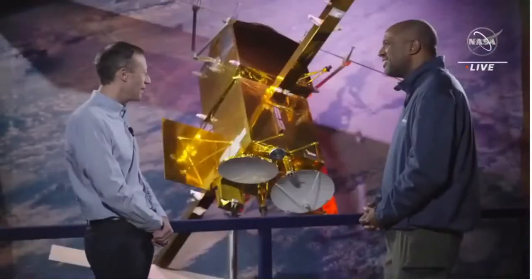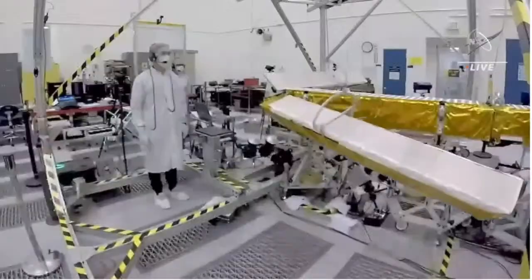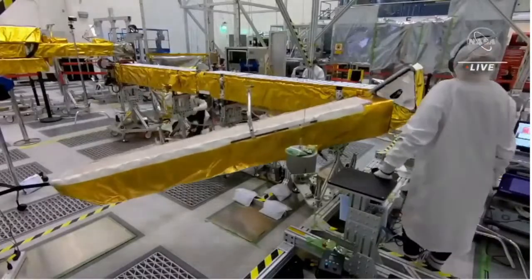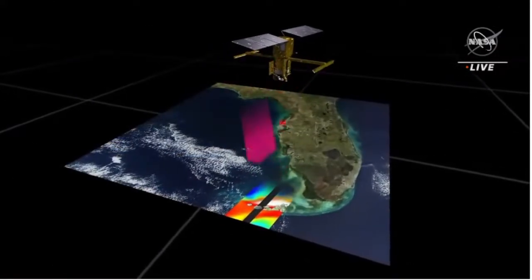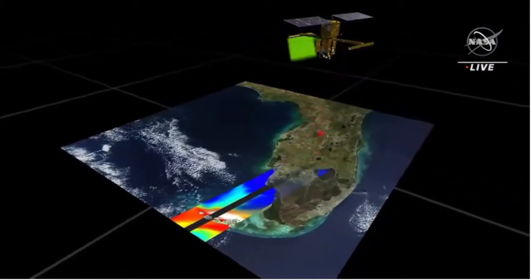I would say so, yeah. I think what sets this radar apart from any previous radars is a combination of things. Number one, just the sheer size. We have very large antennas, about 15 feet long, that are separated by about 30 feet. So they use deployments and all kinds of mechanisms in order to deploy this in space. Because of the accuracy, we have to transmit a lot of power. This radar transmits 1,500 watts down to Earth